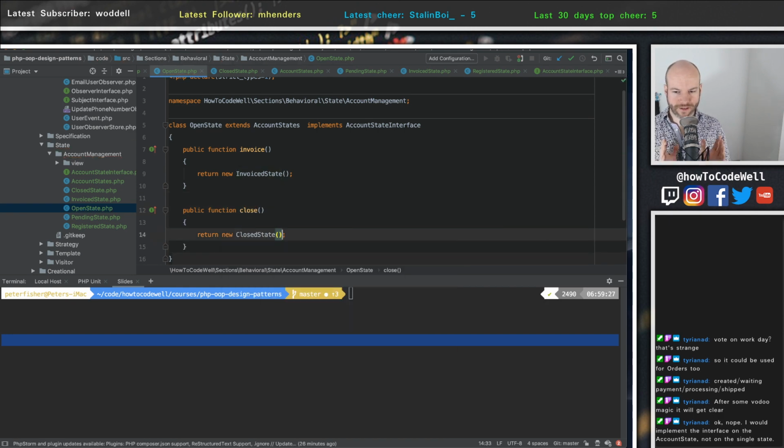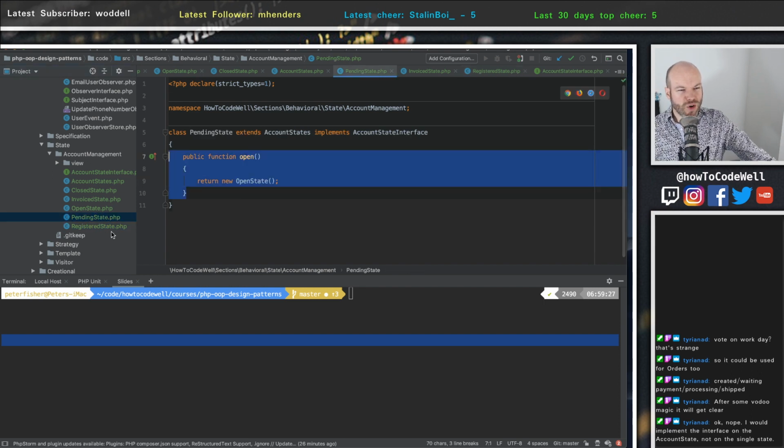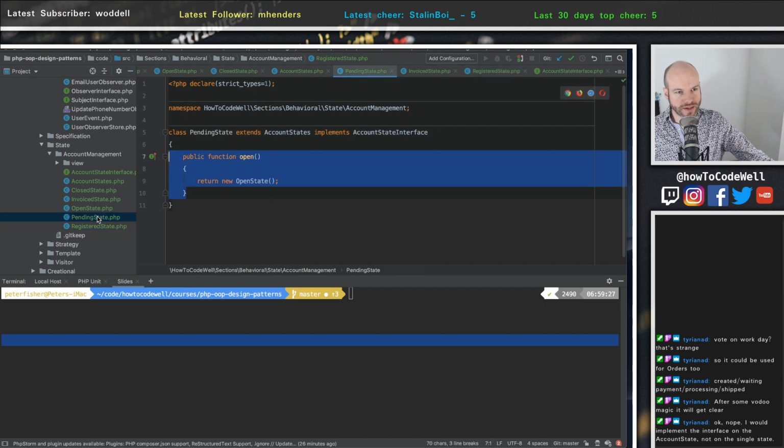So now you can see it forking off into various different states if we wanted to, like a tree, like it's branching off now. So registered states, pending states, they're quite isolated. You can only go in one direction. So registered state, you can only go into the pending state, and the pending state, you can only go into